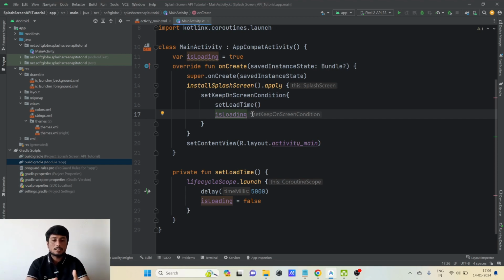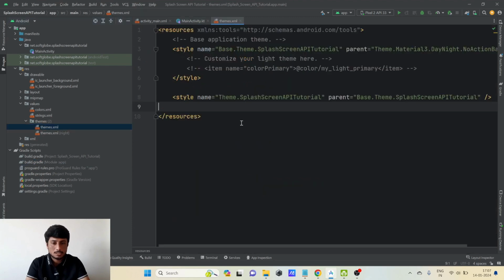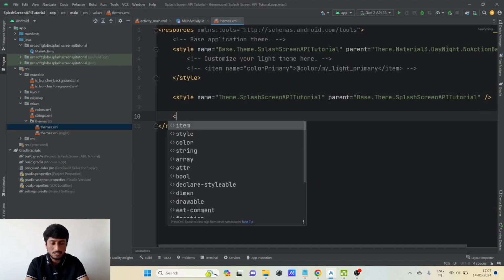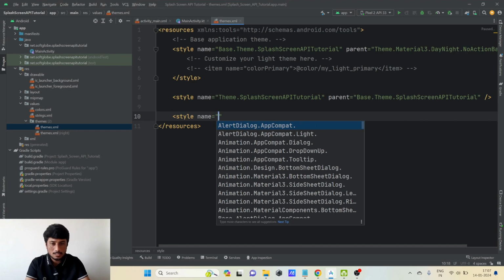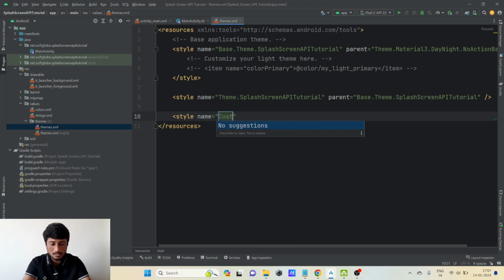Now, how to design the layout of the splash screen. There is no specific requirement to design the layout, as the splash screen API has only some limited design options. So we have to do everything using a theme, that is, a style. So let's open that themes.xml. We have to define a separate style for that. We'll define a style name. I'll name it custom splash screen style,